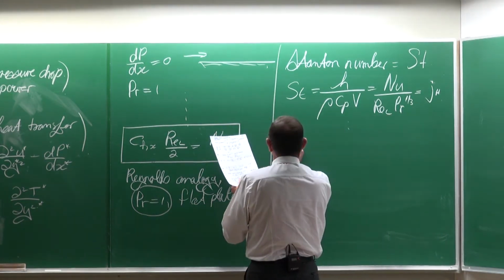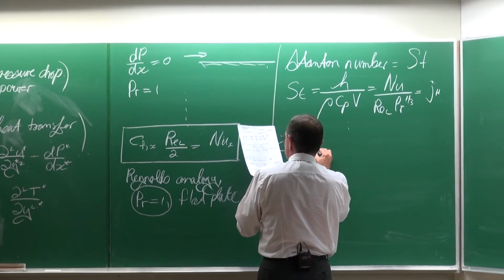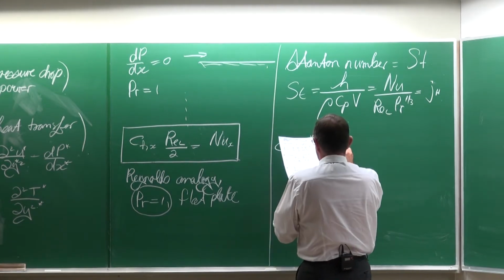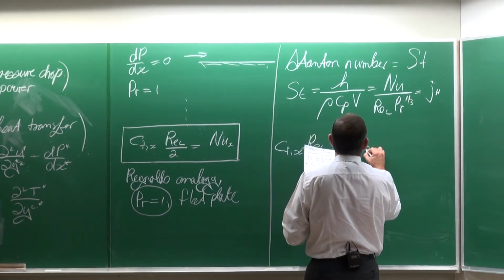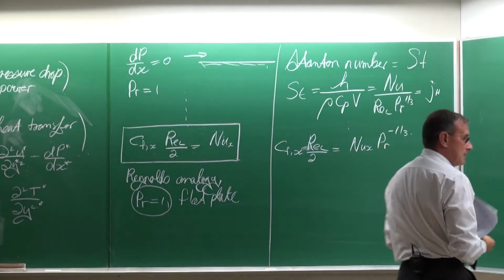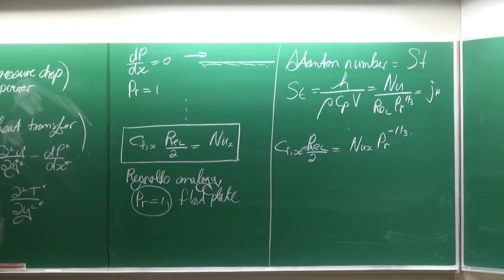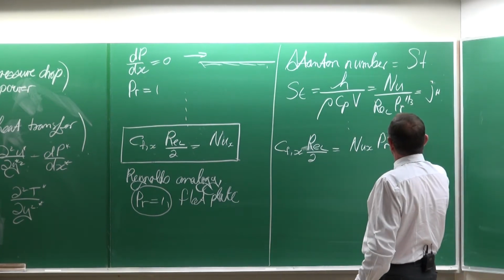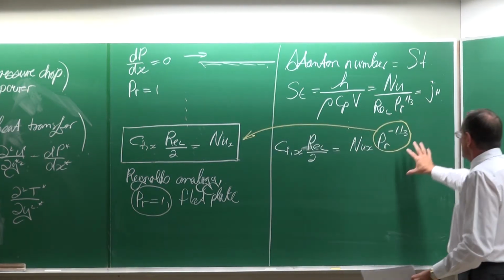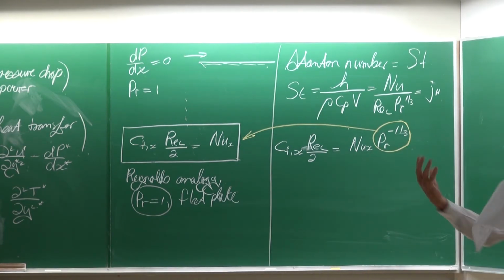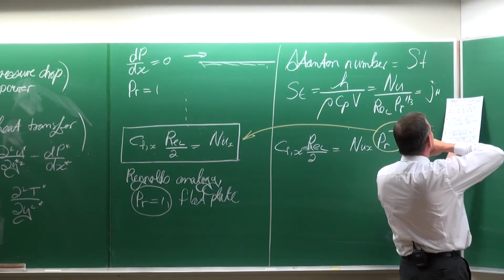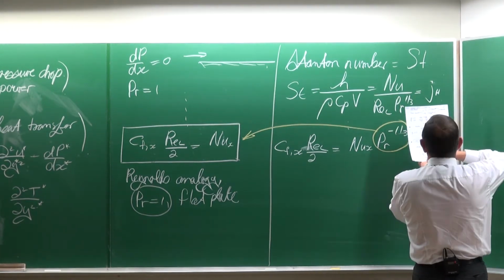From this, it can be shown that Cf,x, the local skin friction coefficient, multiplied by Reynolds L divided by 2, is equal to Nusselt x, Prandtl to the minus a third. And take a note here, look at this and that. Okay, so it's the same equation. The Prandtl number has just worked into this correlation, and the result is that you can now get that